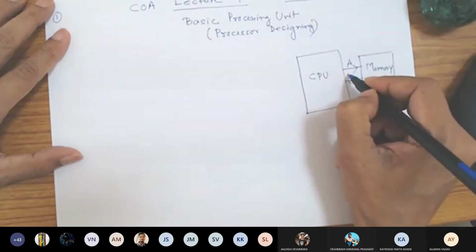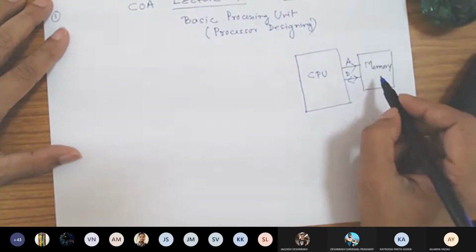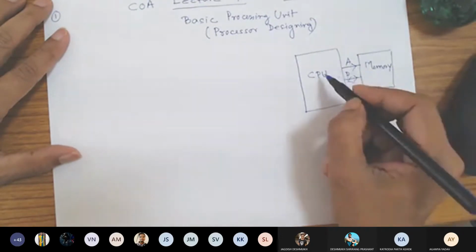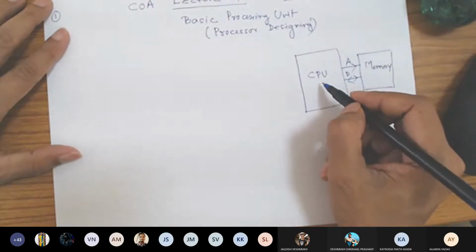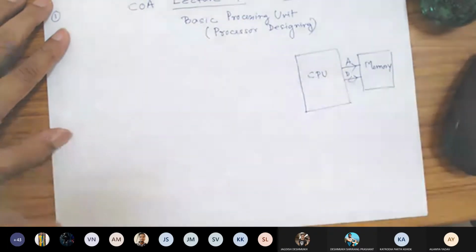This is A for address, D for data. The program stays in the memory and it comes to the CPU one by one as instructions, and those instructions get executed.